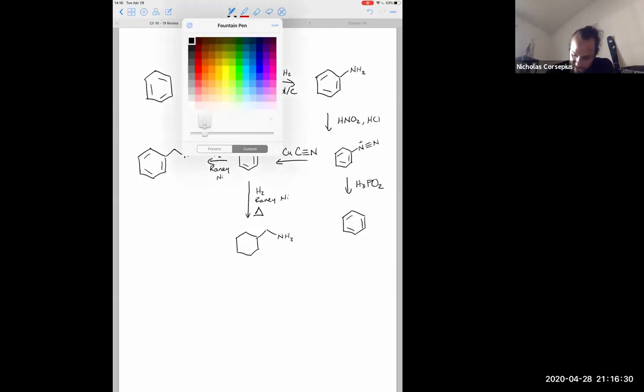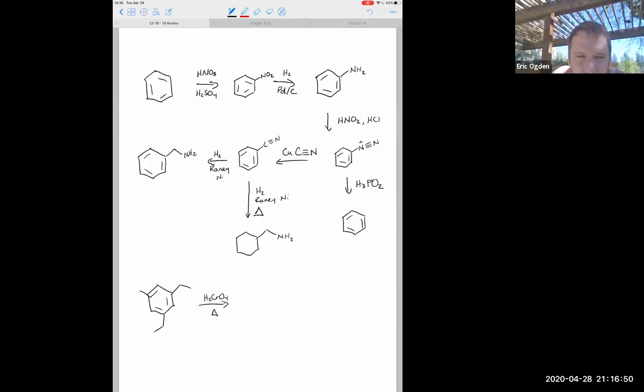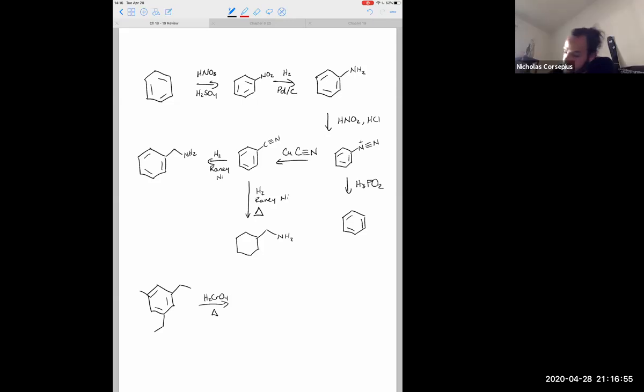Okay, one more. We've got no amount of time, but just real quick. Let's just do this example here. We talked about our reducers. What about our strong oxidizer? That'll convert all terminal carbons into carboxylic acid. Yes. Not even terminal. It's actually just the ones that are one removed, what are called benzylic carbons, ones that are one removed from the ring. So in fact, what we would get here,